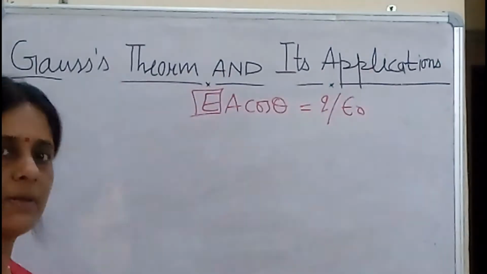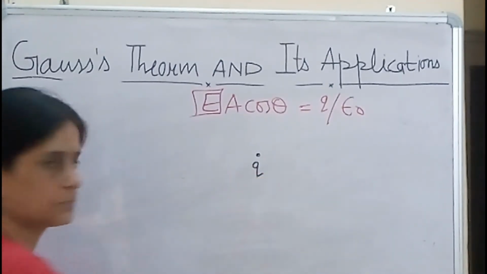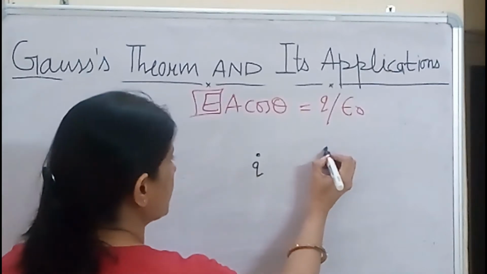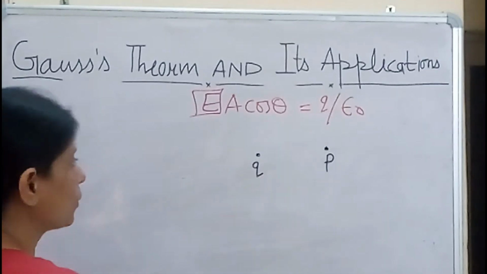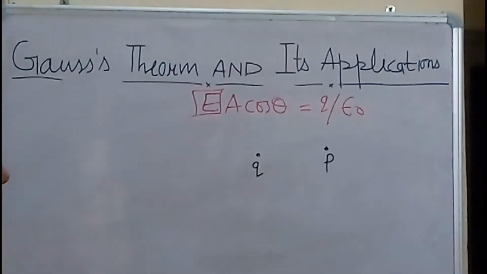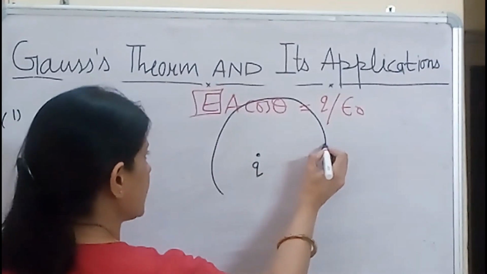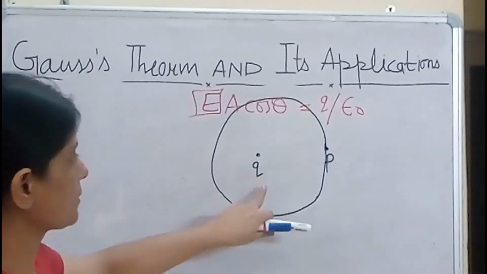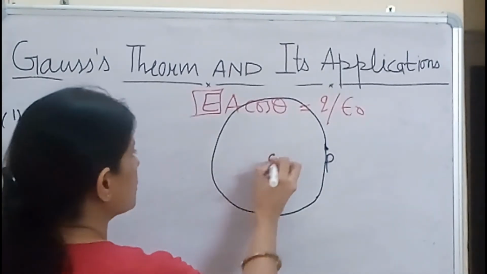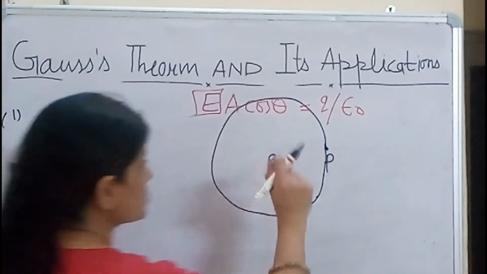Let us do one simple example first. Suppose this is the charge Q. You have to find the value of electric field intensity at this point P. Coming to step number 1, you have to imagine one Gaussian surface. Step number 2 says the Gaussian surface should be one in which the value of E, A and theta should be in symmetry, meaning should be the same.